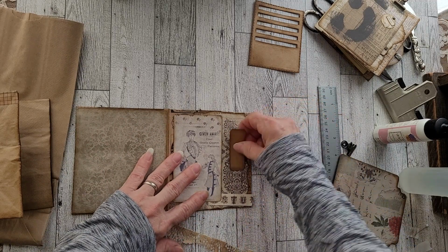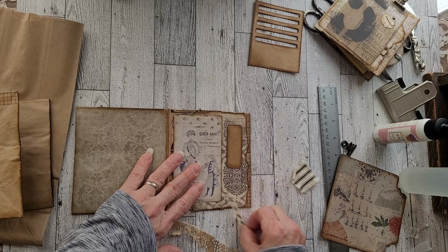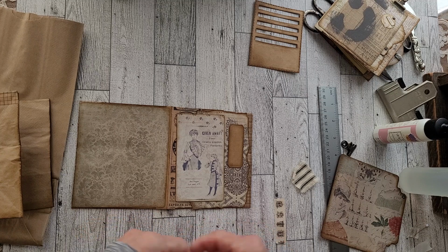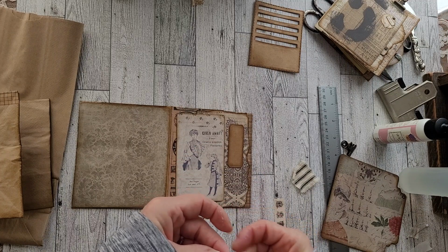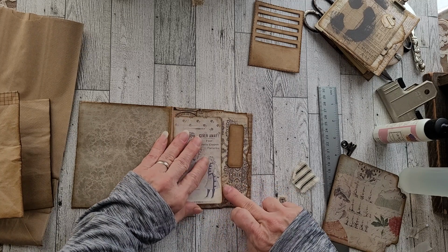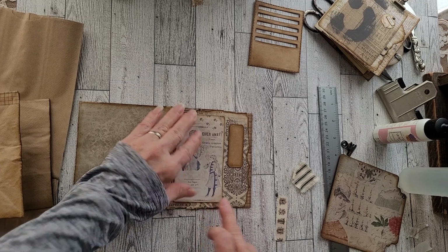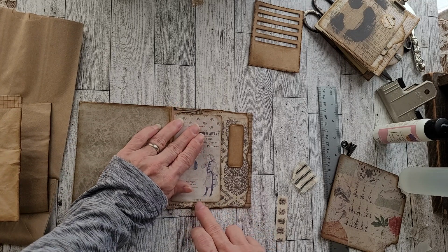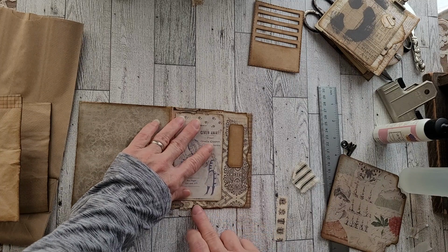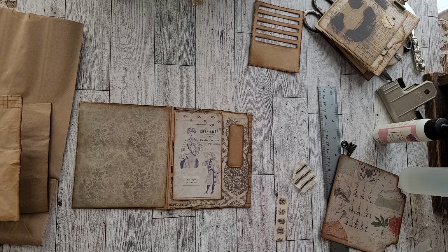Wanted this over. I thought I definitely need something on the front, so I thought I'd put that there. I don't know, maybe I'm overthinking it. Let's try a little piece of lacy, whatever this is. Get the right side. No, don't like that. Even if I kept that, I don't care for that. Okay, so